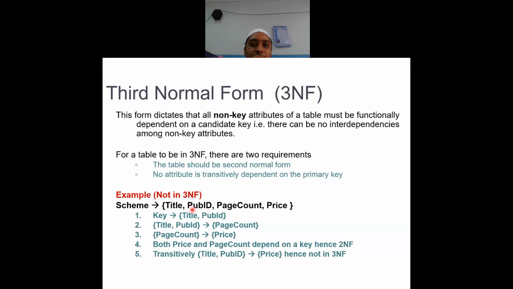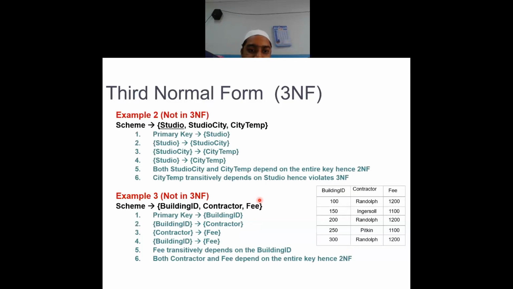These publication agencies keep a fixed rate for a fixed number of pages. So that's why the page count depends on the publication ID. That is the reason why in the new schema that we generated, along with the page count and price, we also copied the publication ID. Now, if from the original one I removed only the price, right? What is remaining? These three. So we'll have these three back in the original one, whereas publication ID, page count and price in the new table. See the schema of the new table?